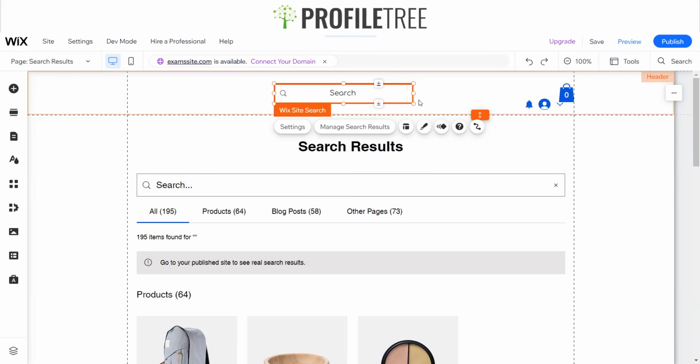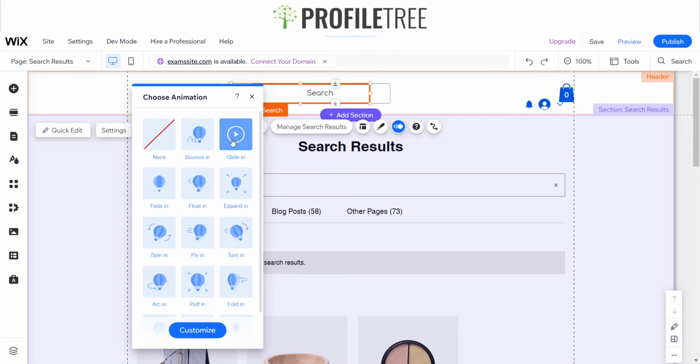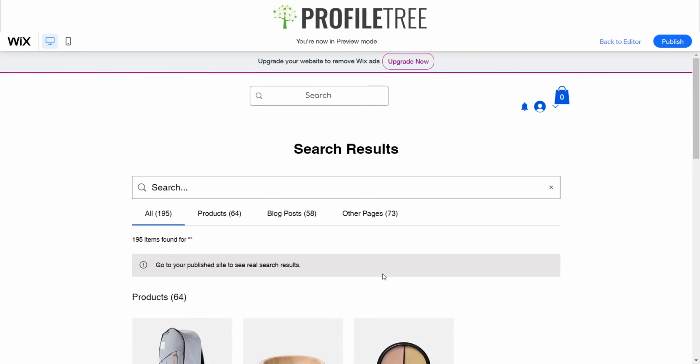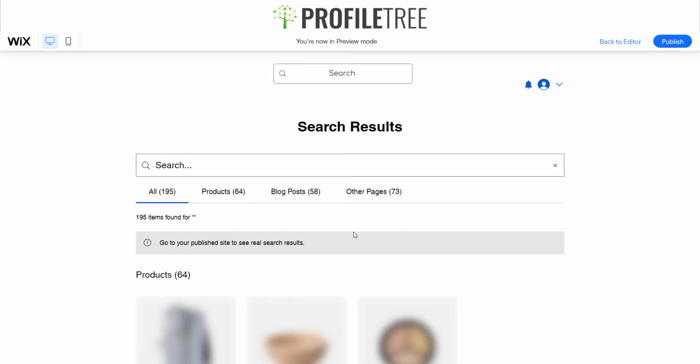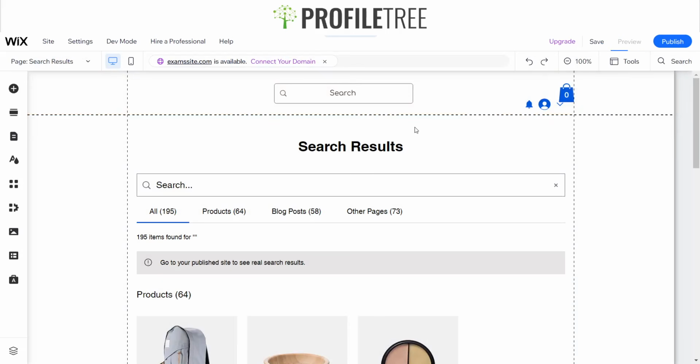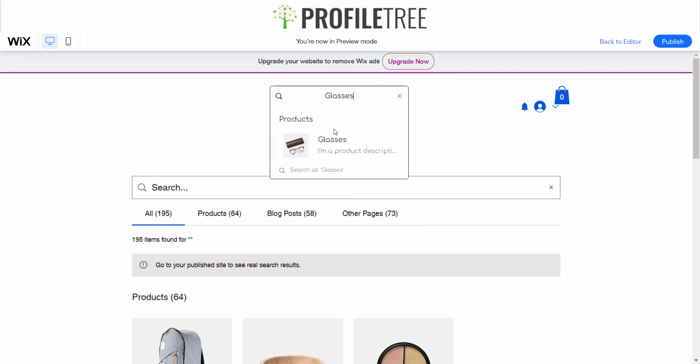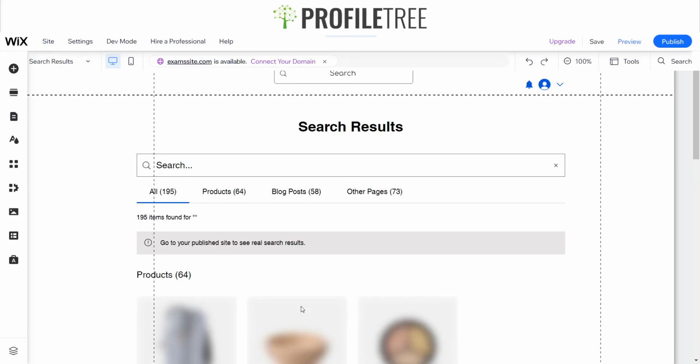What's also good about it is you can also animate the search bar if you wanted to. You can have it glide in. There you go. And within that as well, nothing will be affected, especially with the animations that you create. So I can still search up for glasses and it'll show me glasses. As you can see. And I can search all in glasses. I can go ahead and click on the product. So if I go back to editor,